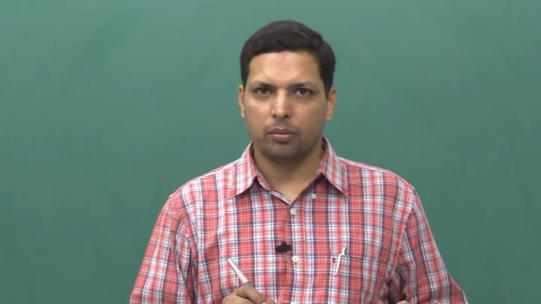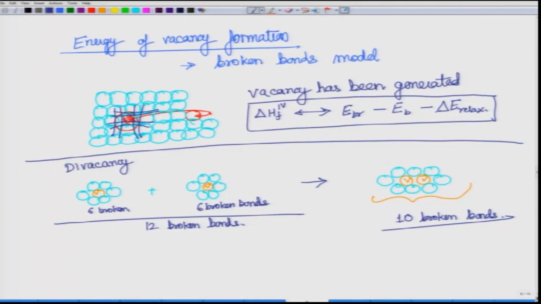So, as I showed you in the previous lecture, this is the di-vacancy formation reaction. There is one vacancy here somewhere, isolated, and another vacancy over here, isolated. Each has 6 broken bonds, and let us say by a reaction they form a di-vacancy. So, there is a bonding between these two. Now, here you needed 12 broken bonds, so the energy required is proportional to 12 EBR.